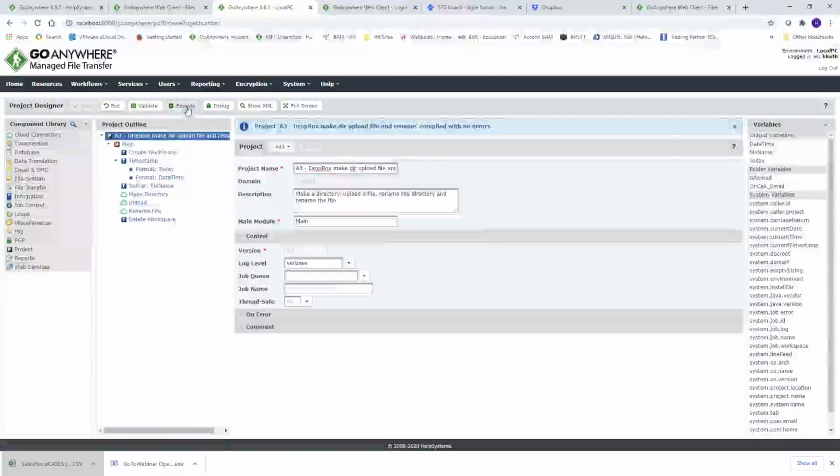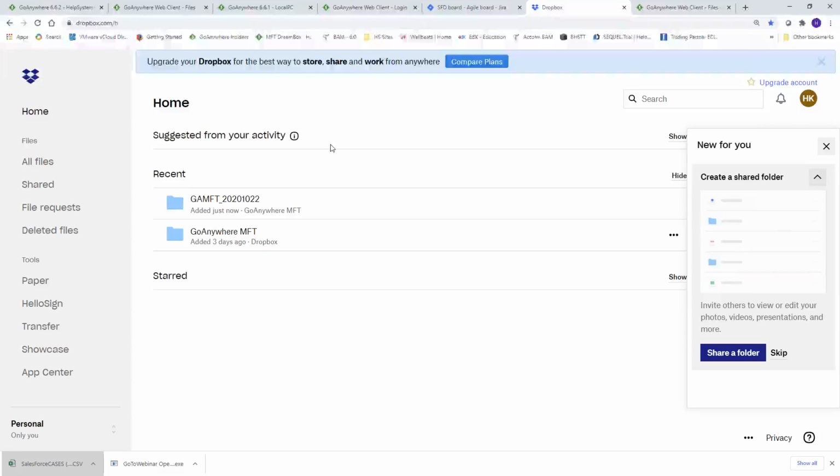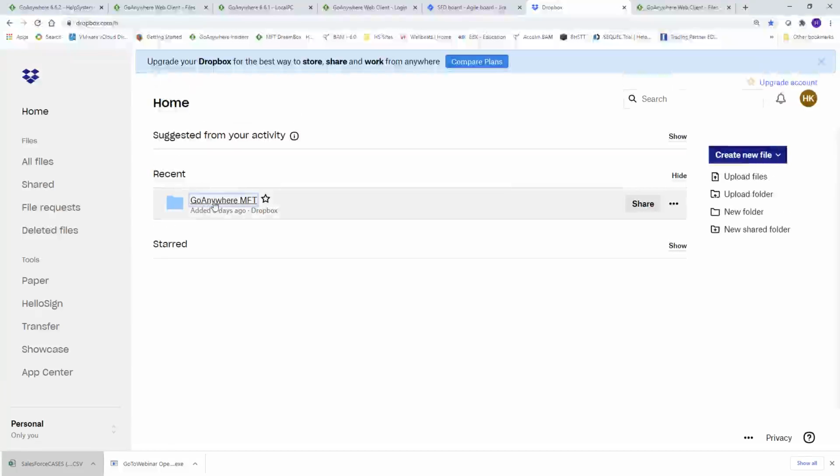Let's make sure that one looks good. Execute it. All right. And while that's waiting, if I go to Dropbox, you can see that pop in there really quickly. It's still doing its thing here yet. Now, if I go into this folder,